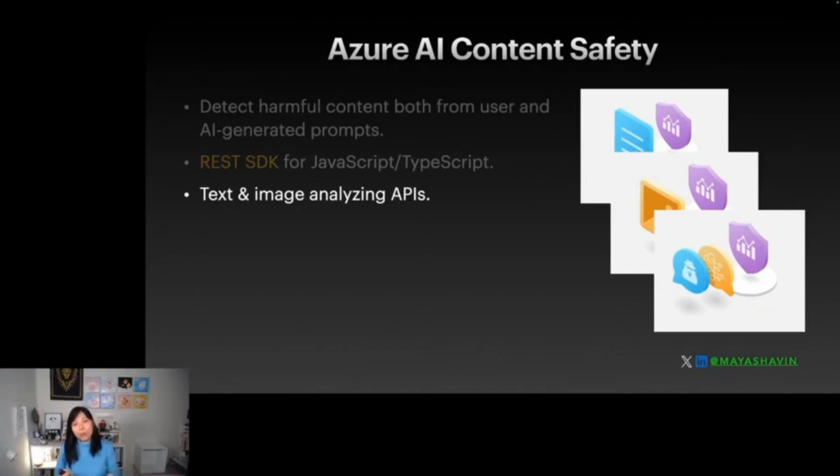There's another API called Jailbreak API, but it's still in preview. Hopefully it will be in public preview very soon. Meanwhile, text and image analyzing is to help you analyze text and image content so as to avoid any harmful content. Studio experience gives you a very nice studio that allows you to experiment with different prompts and different